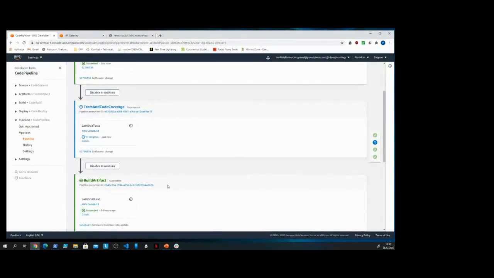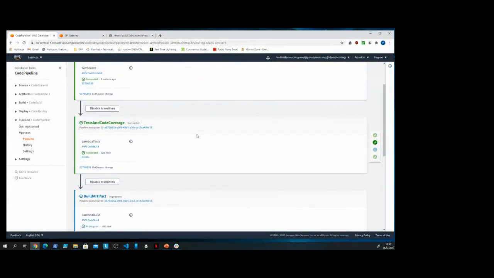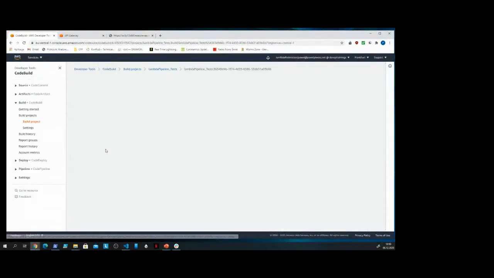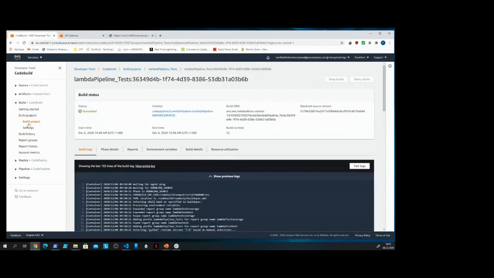The whole pipeline takes between 5 to 10 minutes. So it's, let's say, quite slow. Let's say this way. So when we go to the details here, as you can see, we switched directly to